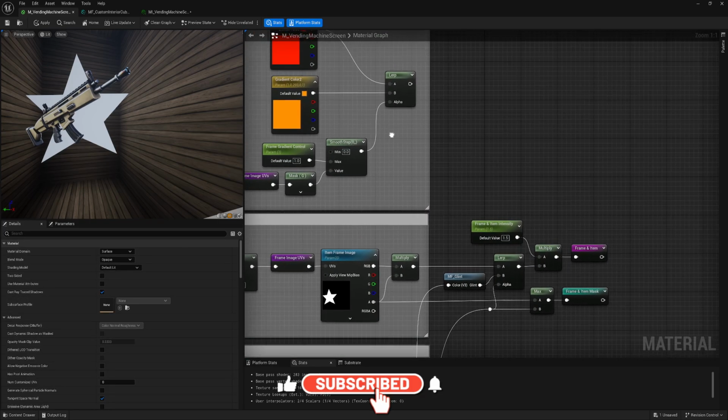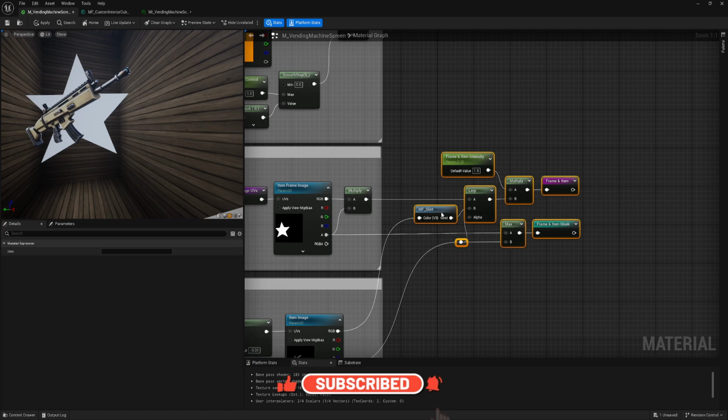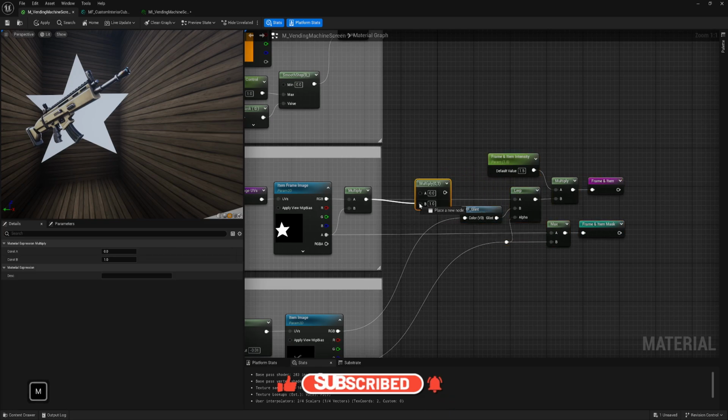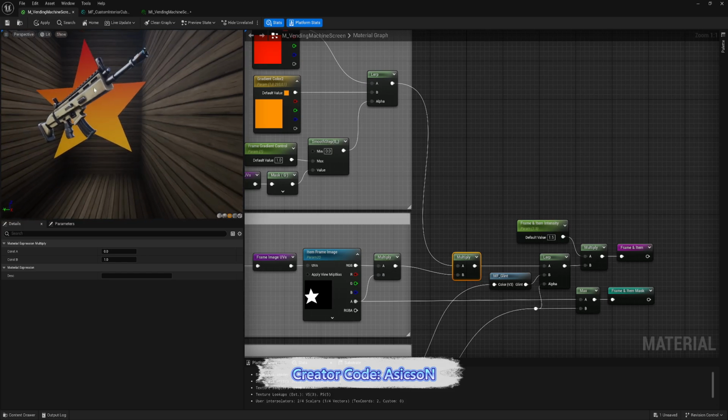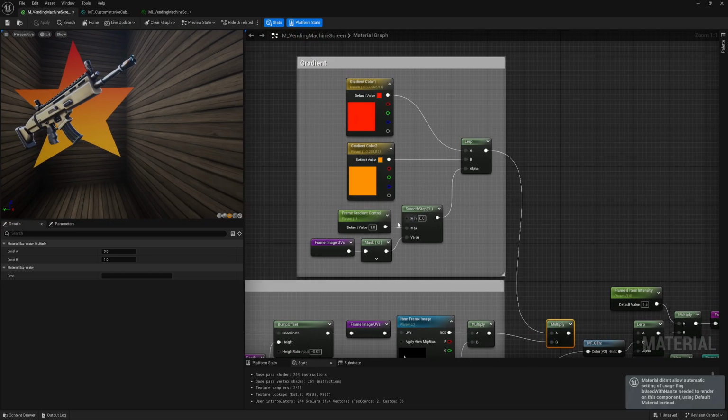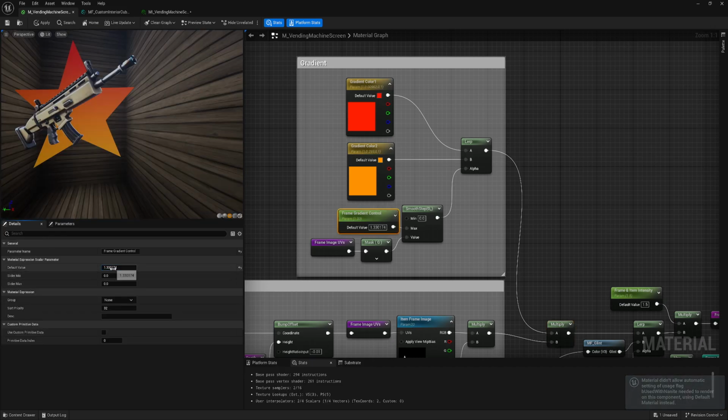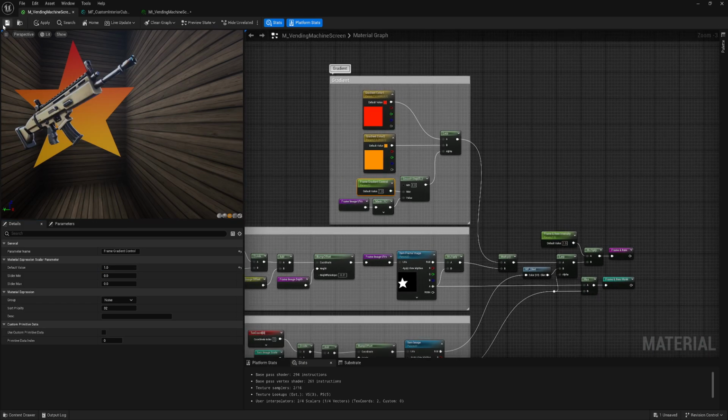And now we need to multiply it with our frame. And you can already see a gradient. Because these are 3 parameters, we can control that gradient. Because we can control colors, you can create more variations.